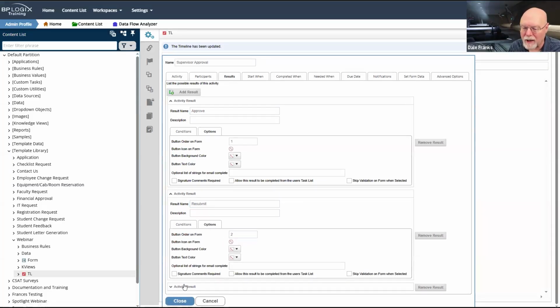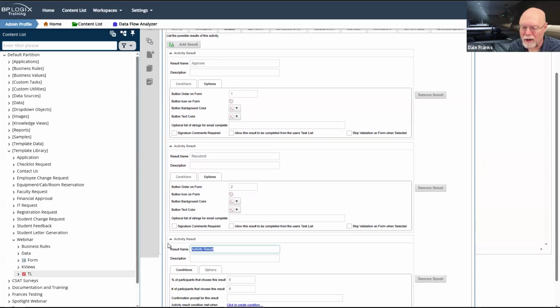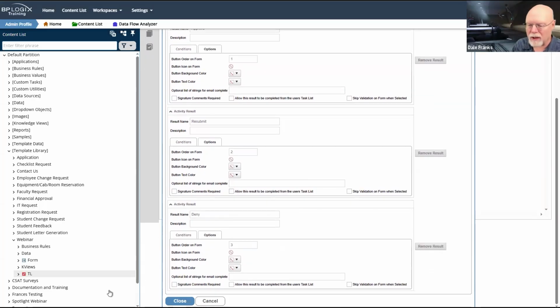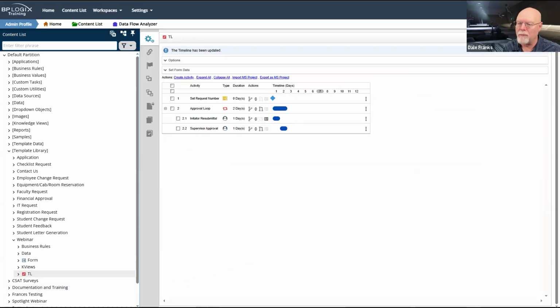And for my last activity result, I'll call it deny. And I will make that button number 3. That way our buttons will appear on the form in the order of approve, resubmit, and deny, because we always go, at least here at BP Logix, from the most positive to the least positive result. And then I'm just going to hit close here.